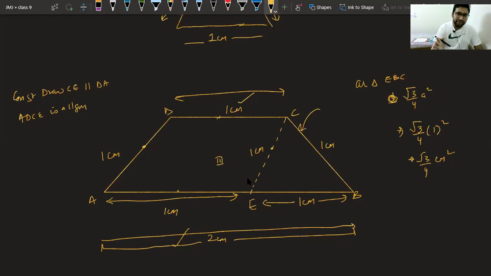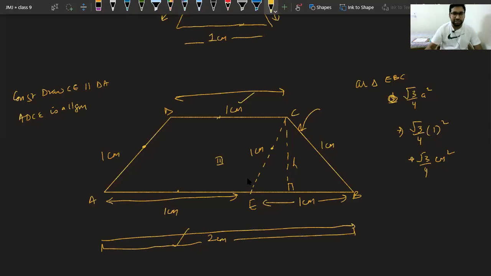Now, can this area help us to find the height? Class, yesterday I wanted you all to solve this part on your own. Can we use this area to find the height of triangle CBE? Yes, Janya beta, good. Good to see you here in the class. So triangle CBE, can we find this height, class? Is there any way to find the height? Yes, we can use another formula to find the area. We have found the area using the formula root 3 by 4 a square. Now I can use this value to find the height.